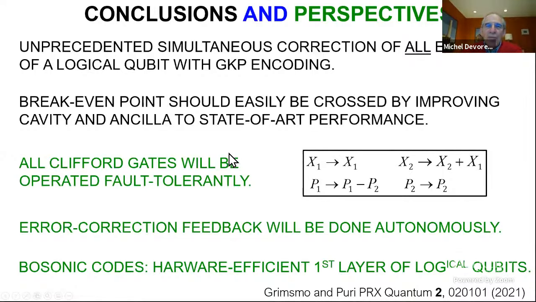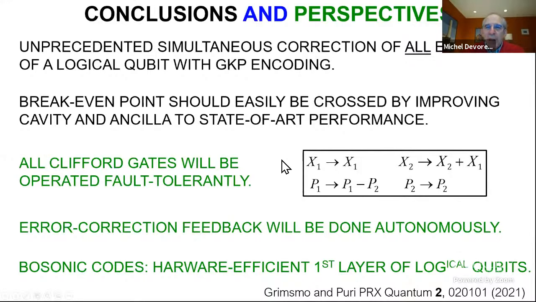A very interesting direction is, of course, the gates between two logicals. And for instance, the CNOT gate is particularly appealing with GKP because it's a simple Gaussian operation, which actually we know how to do in the realm of amplifiers. So we have already built Josephson junction circuits that do this protocol, but of course we have to apply this protocol and hardware to the GKP encoding. And then there is this fabulous direction of error correction feedback, which we are also doing right now. So this is going to help tremendously actually cross the